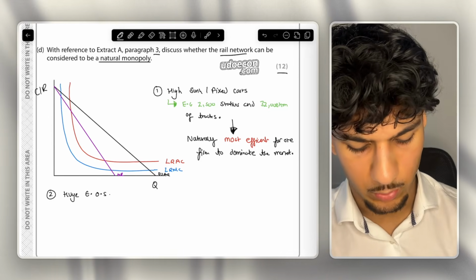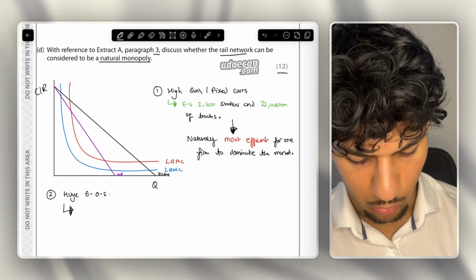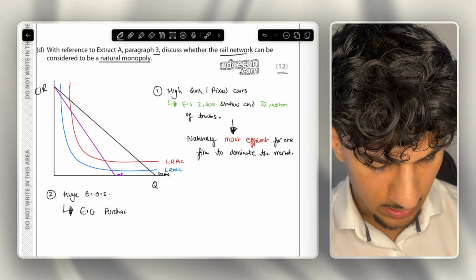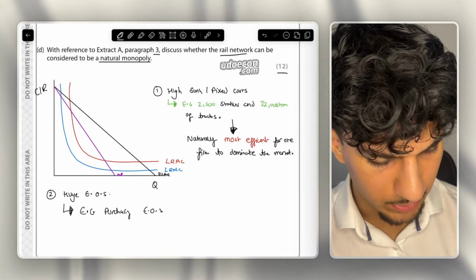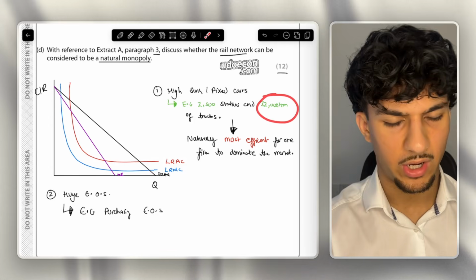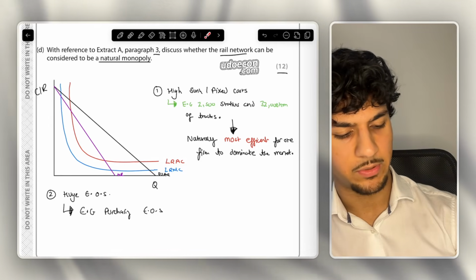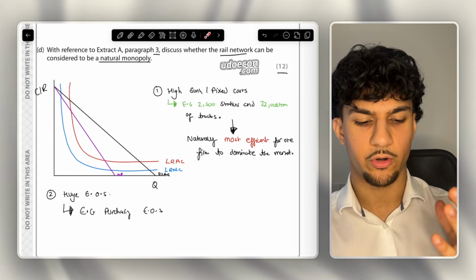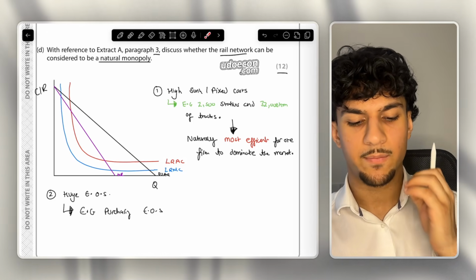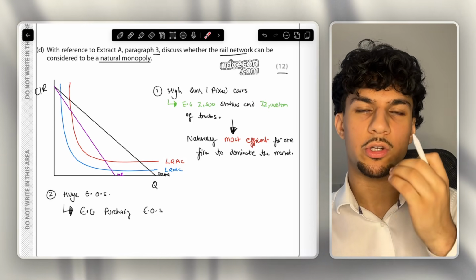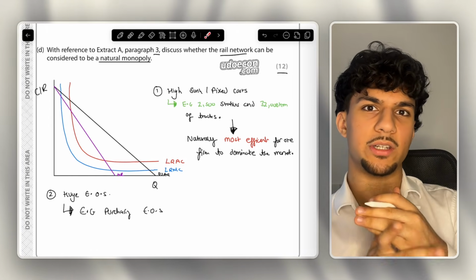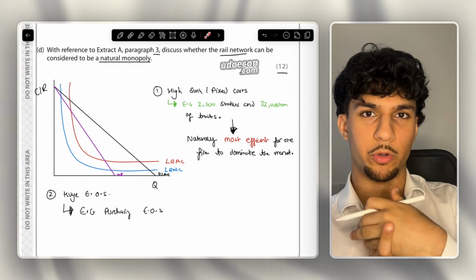And of course, whenever you talk about economies of scale, go into depth with one or two. So the main one here is purchasing economies of scale. We're talking about the railways, the 32,000 worth of tracks. With purchasing economies of scale, they're buying a large quantity of tracks, and the massive size of order means they have increased bargaining power, and they use that bargaining power to reduce the cost per unit. For example, a classic example: if you're buying 100 hamburgers and it's £100, you don't have much bargaining power,